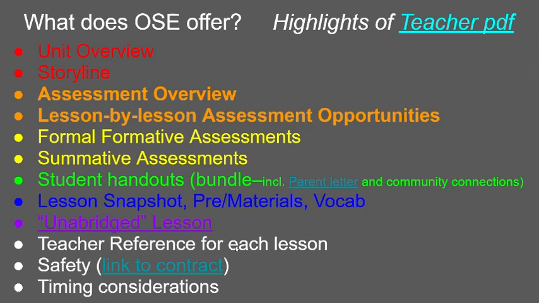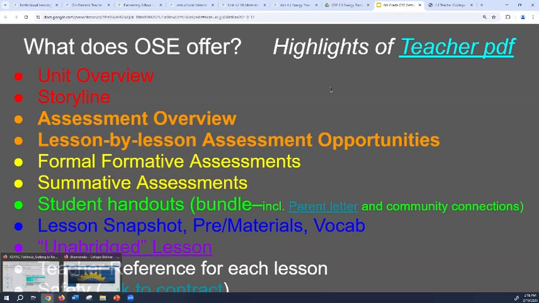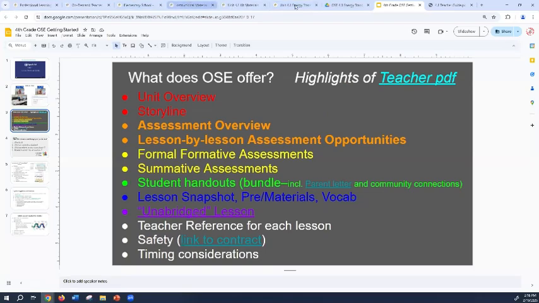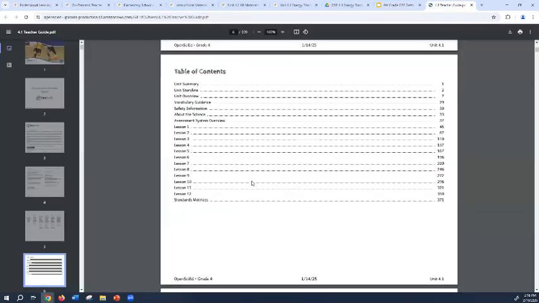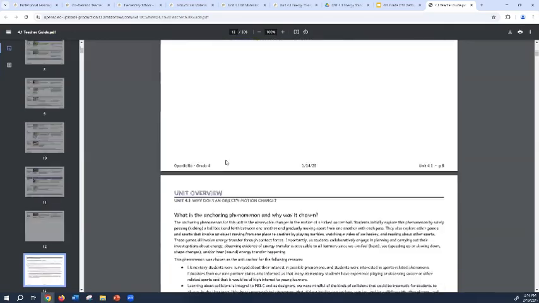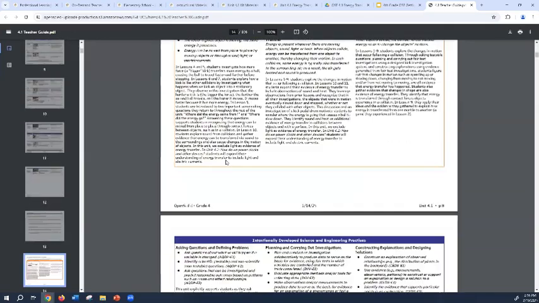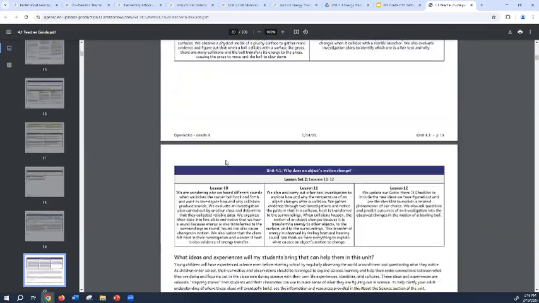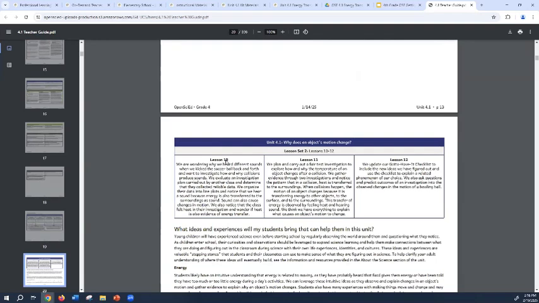There are also teacher references for each lesson. It talks about safety, and then also some timing considerations, which was one of our questions in the feedback. So the unit, the teacher guide has a lot of different items. The last thing I wanted to talk about was, two things. The question about